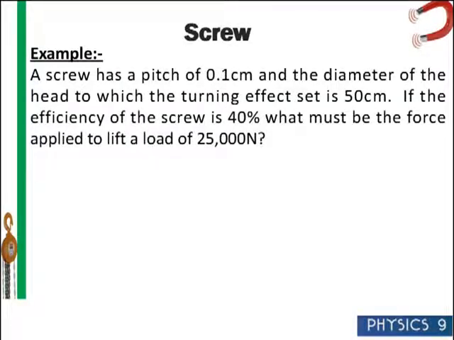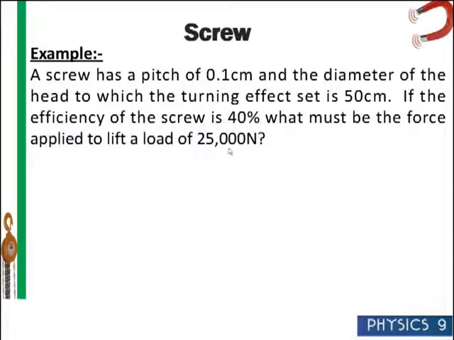So let's have a look at a worked example involving the screw in terms of looking at force multipliers. A screw has a pitch of 0.1 centimeters, and the diameter of the head to which the turning effect is applied is 50 centimeters. If the efficiency of the screw is 40%, what must be the force applied to lift a